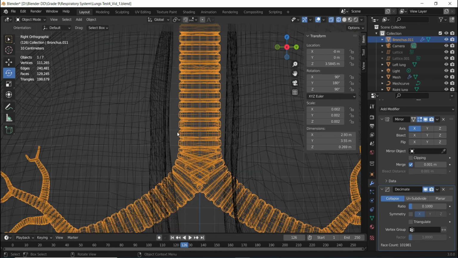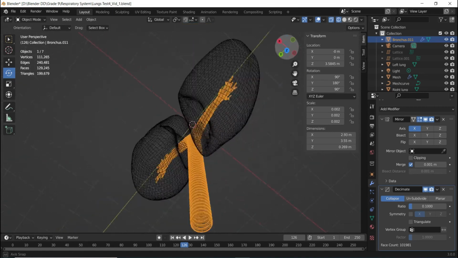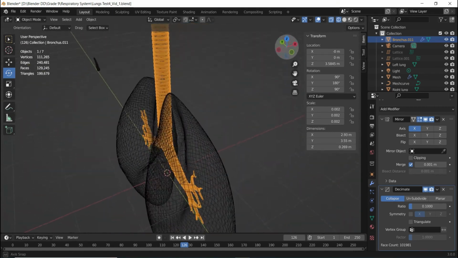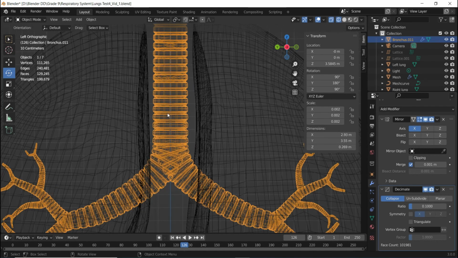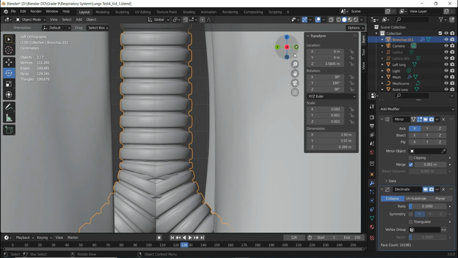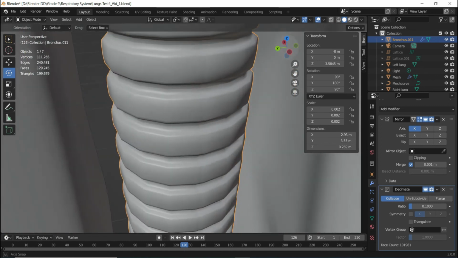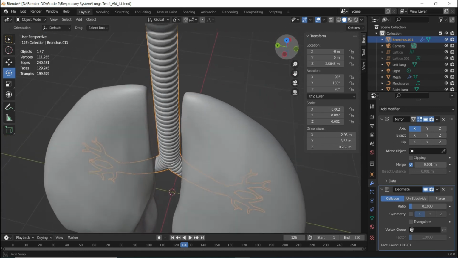So you can see the advantage of having the decimate modifier, and with that the file has also become a bit lighter and we can work easily. If I switch to solid view, we can check the shape. Till now the shape is looking almost the way we have made it, so there is no need to worry.